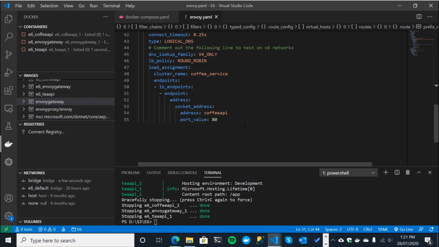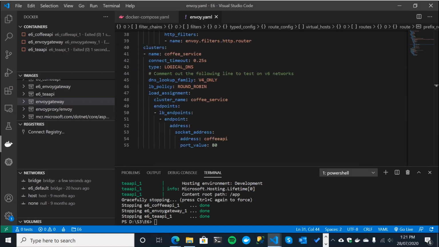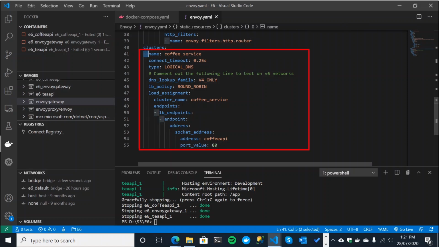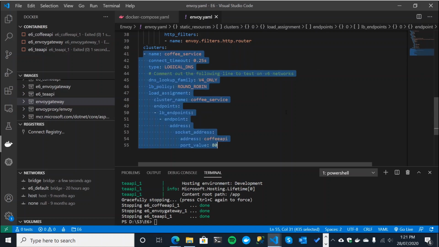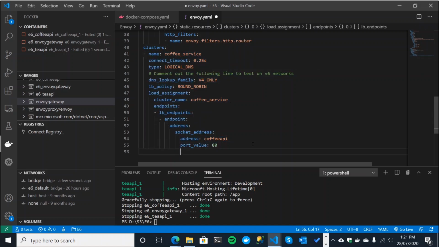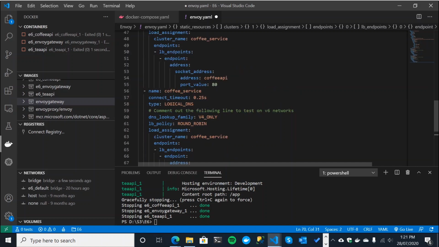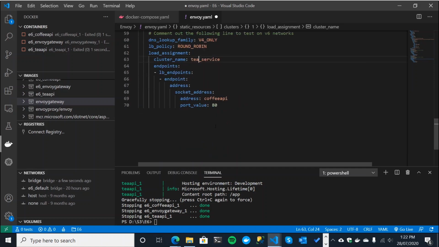So again, you just sort of build this up, you layer this up, and it becomes quite straightforward. So I'm just going to basically copy all of this. Again, you can see that we have an array element here. So we're just going to copy this, and by and large we can copy it down. You just have to rename these things here. I do appreciate I could do a find and replace, but I'm missing typing. I don't like cutting and pasting.